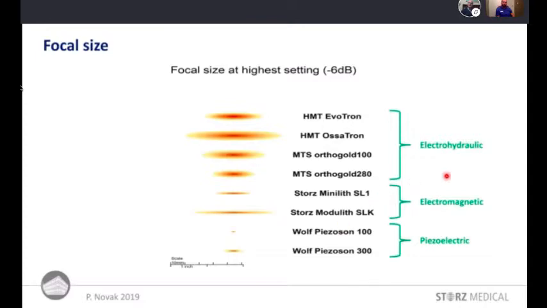On the other hand, with the electro-hydraulic systems it's much easier to hit the target, but you have the problem that the electrodes have a limited lifetime, so they have to be replaced more often. It's significantly louder, and in most cases it's also significantly more painful with the same intensity setting.